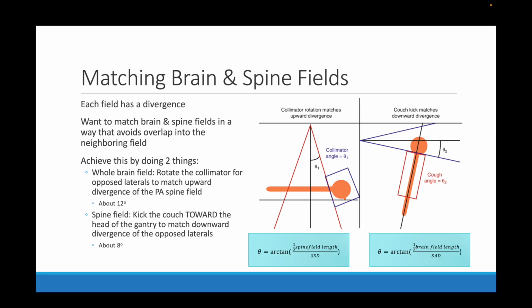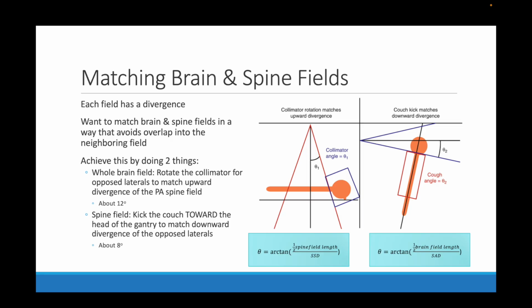So the other thing that we can do is when we are treating for our spinal field, we can actually kick the couch towards the head of the gantry so that the top edge of our spinal field matches the downward divergence of our opposed laterals. So what I'm talking about there is represented on the right-hand side of these images, where we're actually rotating the couch so that the top edge of our spinal field is parallel to the downward divergence that we get from